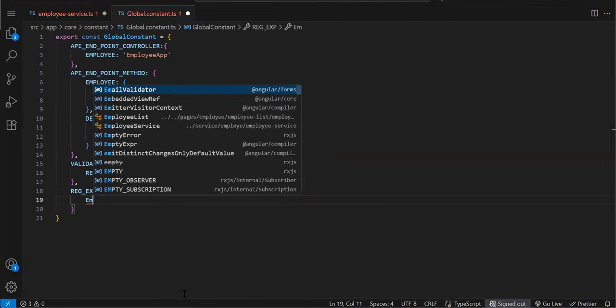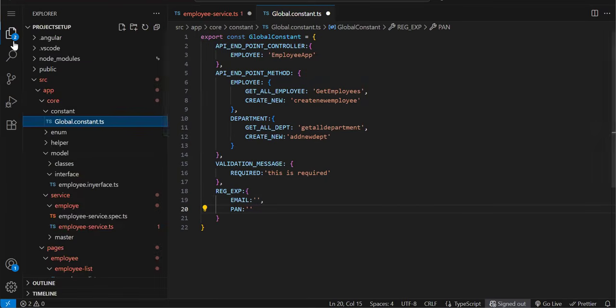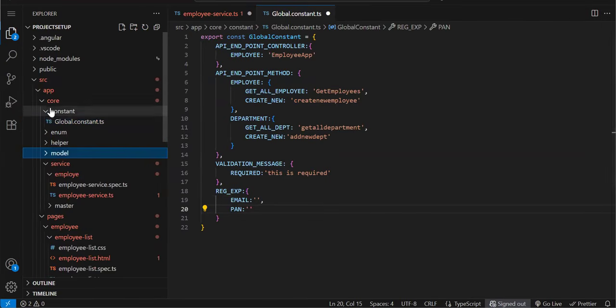Email related regular expression, you will keep it over here, then PAN card related something, right? So whatever the data you normally need, which you can use in service, component, HTML, even pipe, right? So instead of hard coding that, it should come from your constant file. Clear? So like this, when our project grows,